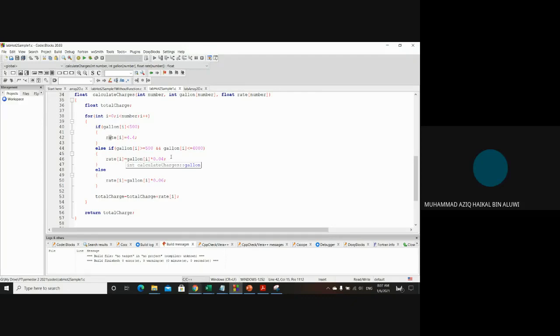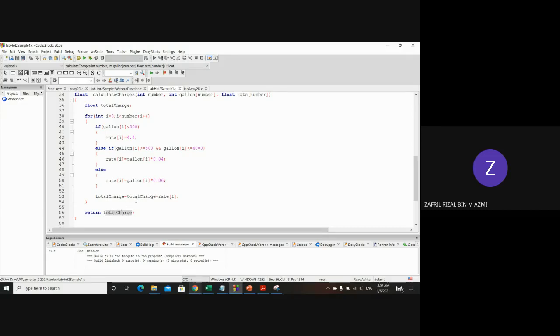Normally we use return, from function to main. From main to function we use parameter. Supposedly we return rate over here,